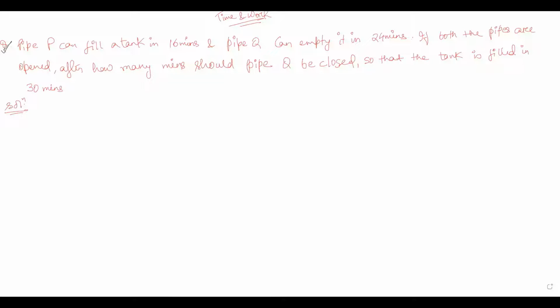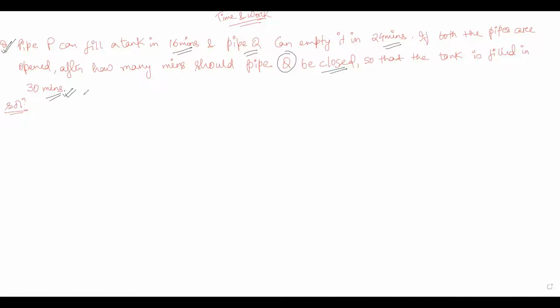Okay, so now let us see this pipe and cistern problem. Pipe P can fill a tank in 16 minutes. Pipe Q can empty it in 24 minutes. If both the pipes are opened, after how many minutes should pipe Q be closed so that the tank is filled in 30 minutes? So after some time, pipe Q is being closed, but for this complete 30 minutes, pipe